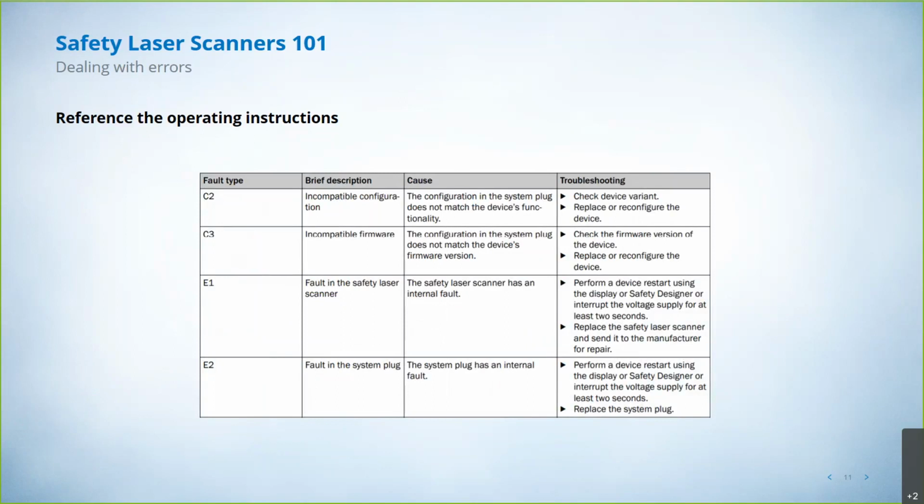So for instance, an E1 error would mean you have a fault in the safety laser scanner itself. Typically, we ask you to do a device restart using the display or Safety Designer. You can do it either way, or just power down and power up. And if that does not clear that error, then generally you're needing to replace that safety laser scanner. And E1 is not a great error to get. And E2 similarly